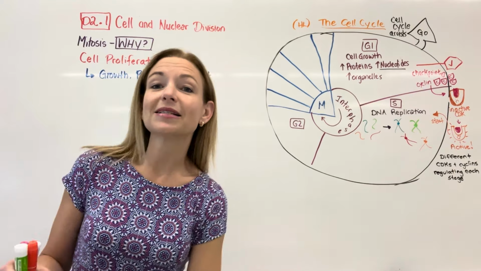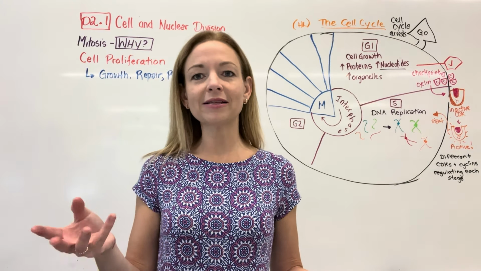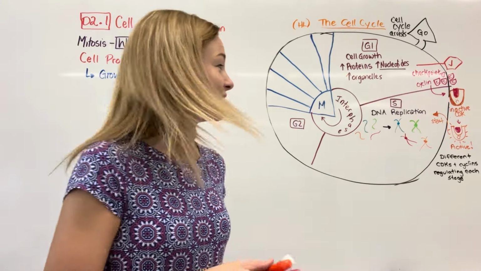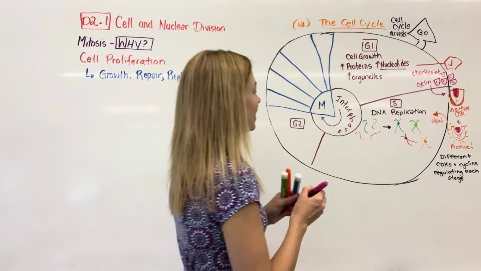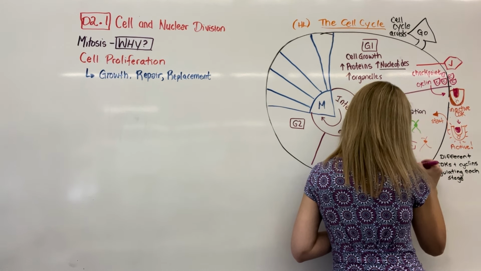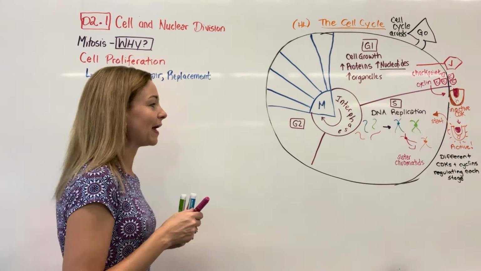The actual process of DNA replication is in D1. So if you hear that and you're like, oh, that sounds interesting, tune into D1. But right now you only need to know where it fits into the cell cycle. Okay, so then each of these now are called sister chromatids. And that term is going to be super important as we go through mitosis and meiosis. So those are my sister chromatids there. And so each of these is a set of sister chromatids.